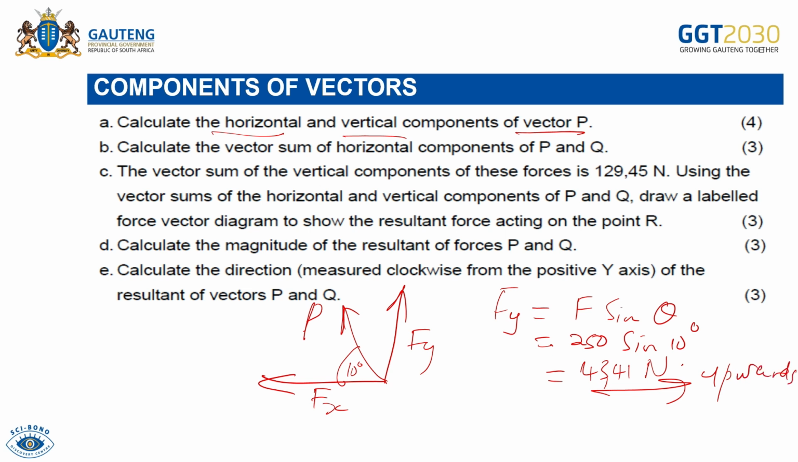Okay? Then what is your Fx? Your Fx is given by F cos theta. What is F? It is 250 cos 10 degrees. So 250 cos 10 degrees, I'm getting 200 and